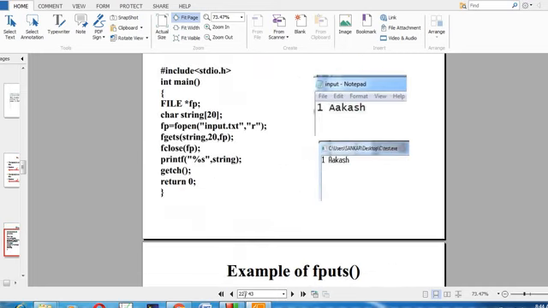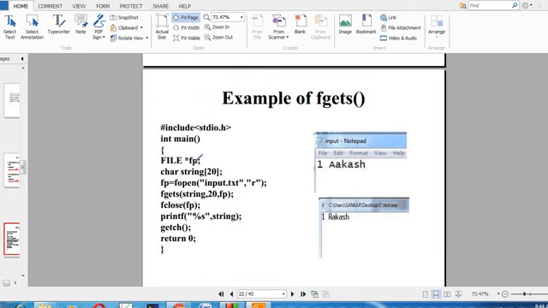Let's see the example. So now I created one file pointer. The data type is FILE, all the characters are uppercase. Now I am creating one character string variable of size 20, and fopen input.txt. So this is our input file, and in that input file we have the content. Now we are going to read the content, so here I have used read mode. fgets is used to read that line of information from the file. Here this is our variable, the size is 20, this is our file pointer.